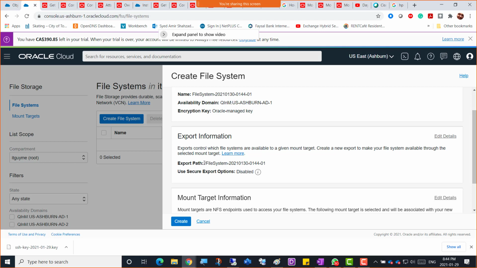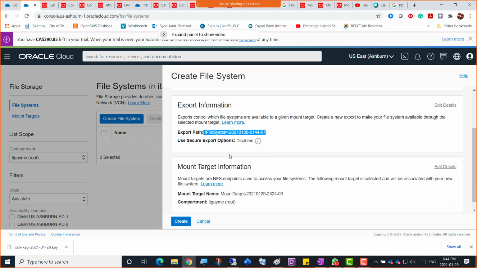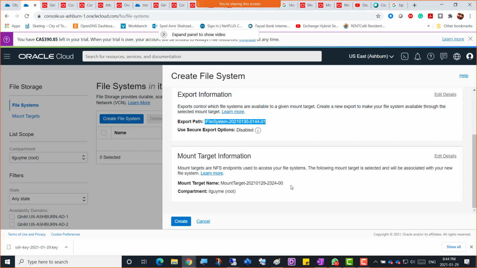So in Linux normally this is the shared folder type that you can mount from a Linux machine to this shared folder over the network, right? And mount target information. So you have to have a mount target, then the shared folder information as well. This is purely Linux stuff. So if I click create here,